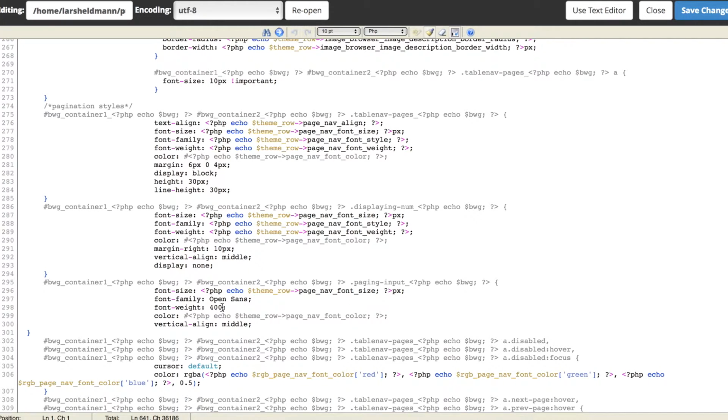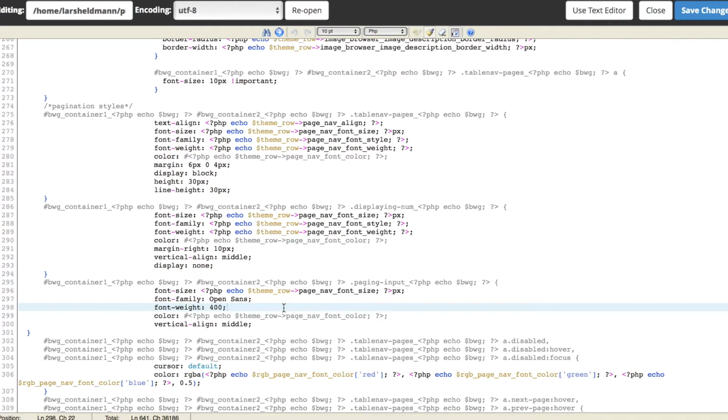Now if I were to update the Photo Gallery plugin, this little section here where it actually describes the font as being Open Sans and the font weight as being 400 would change to something that looks a little bit more like PHP echo blah blah blah blah blah, and that basically picks up the fonts and font weight that the plugin by default sets for its